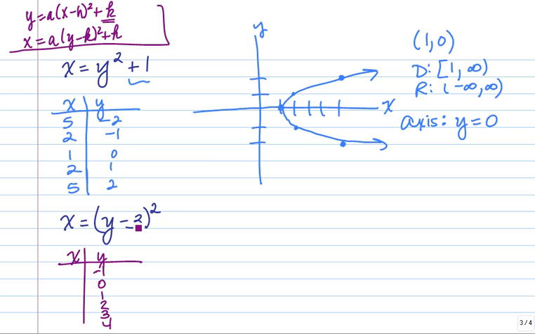-1 minus 3 is -4 squared would be 16. 0 minus 3 is -3 squared, which would be 9. 1 minus 3 is -2 squared is 4. 2 minus 3 is -1 squared is 1. 3 minus 3 is 0. And then 4 minus 3 is 1 squared would be what? 1. Okay? So on the graph of this,